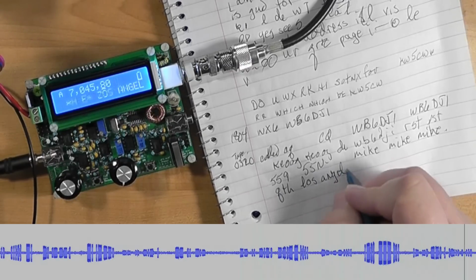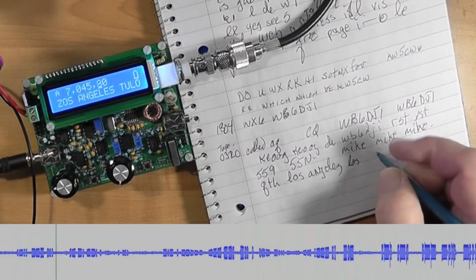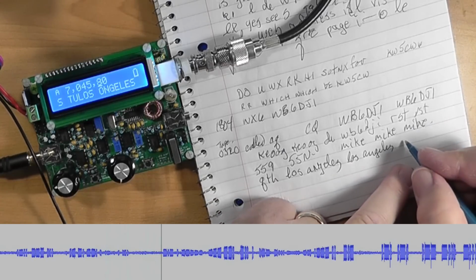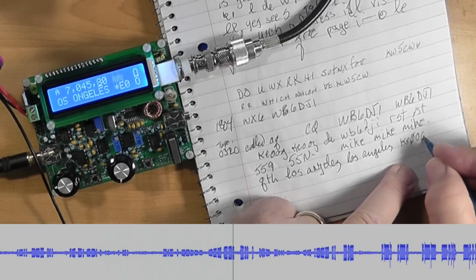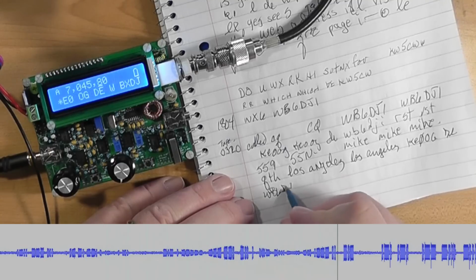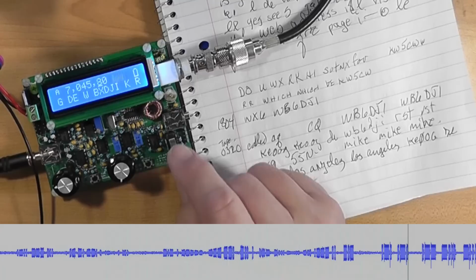He's actually in Torrance. I looked it up on QRZ.com, but that's in the Los Angeles area, very much so. It's not very far away from it. In fact, it's not very far away from Hawthorne, where I used to work for Northrop. The radio's decoder is doing not a good job on the incoming signal, but it seems to be okay on